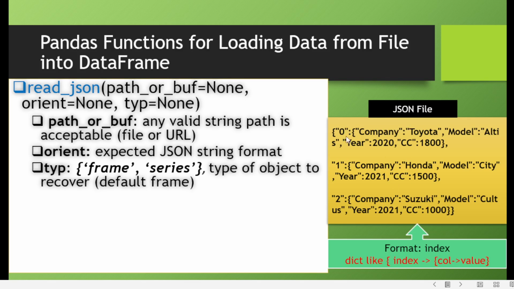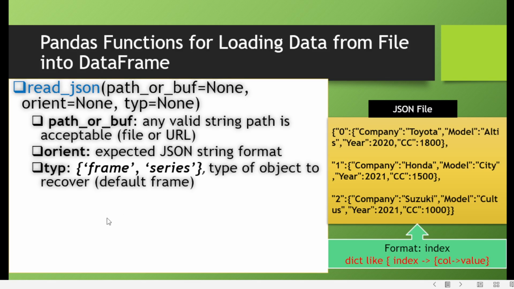in which first there is a curly bracket and then the index, which is followed by a colon, and again there are objects with column name and its value. For example, column name is company, value is Toyota, then the other column name model, Altus, and so on. So it is important to know about the expected format of the JSON string to read it correctly. So here we will use the pandas read_json function